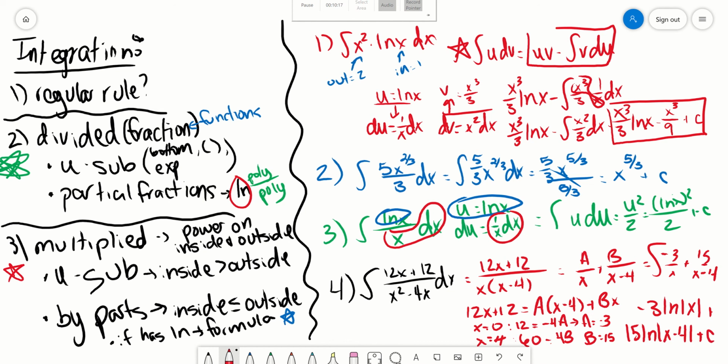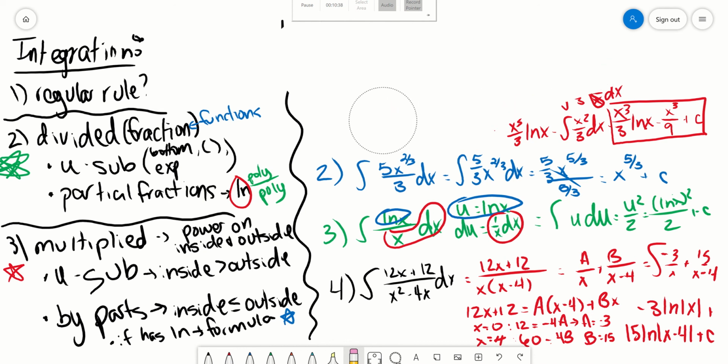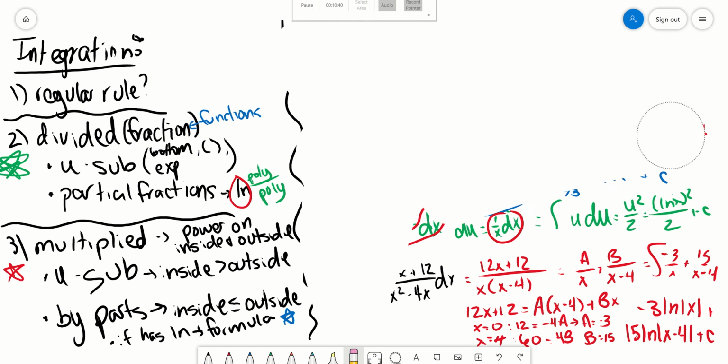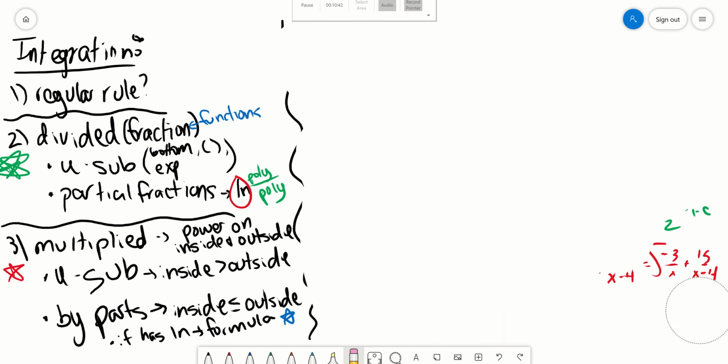So those are all our different methods of integration. There's just a couple things that I want to remind you of. So I'm going to give you a minute if you are jotting down anything here, not that you had to, before I get rid of some of this, because there's a couple notes I want to make. So with partial fractions, so partial fractions specifically,